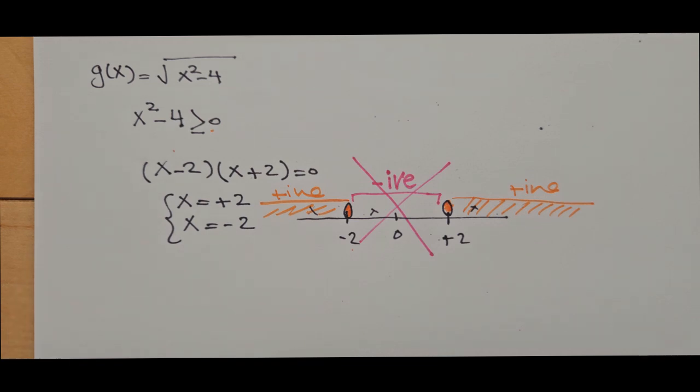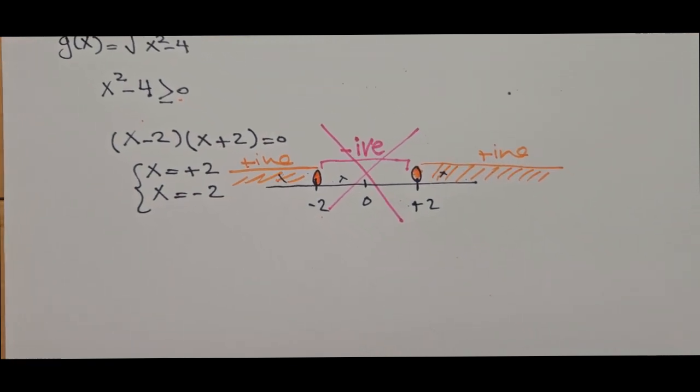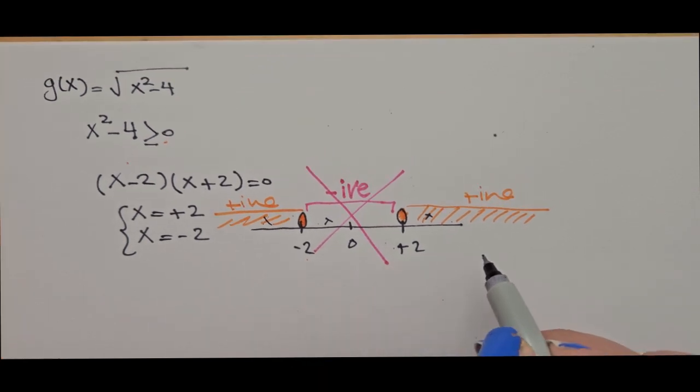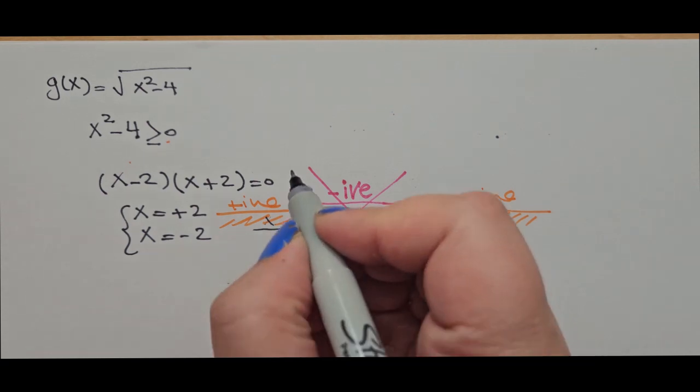Okay, so these are the acceptable values. This is the graphical representation. Now let me show you how we can show this by set. So here, in order to find the domain,